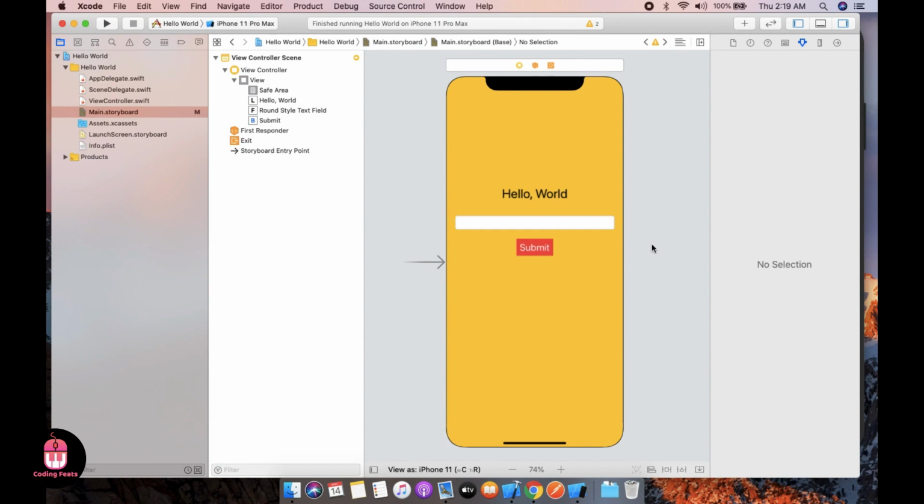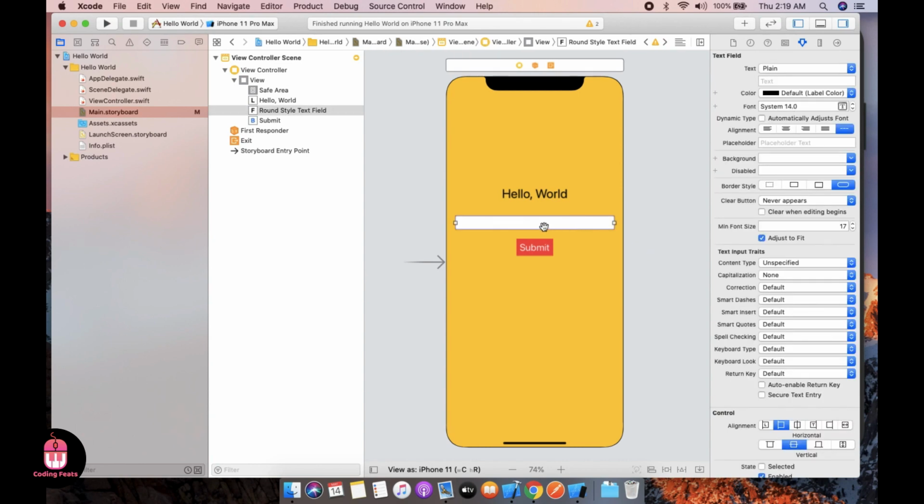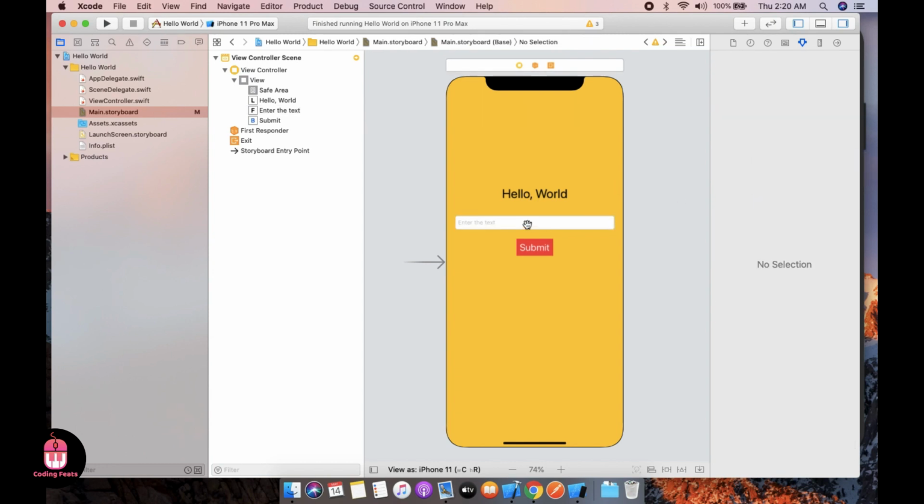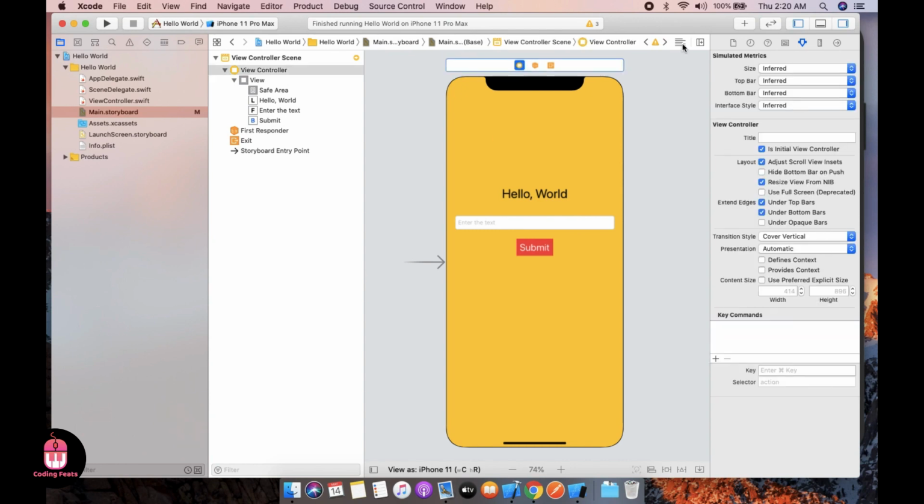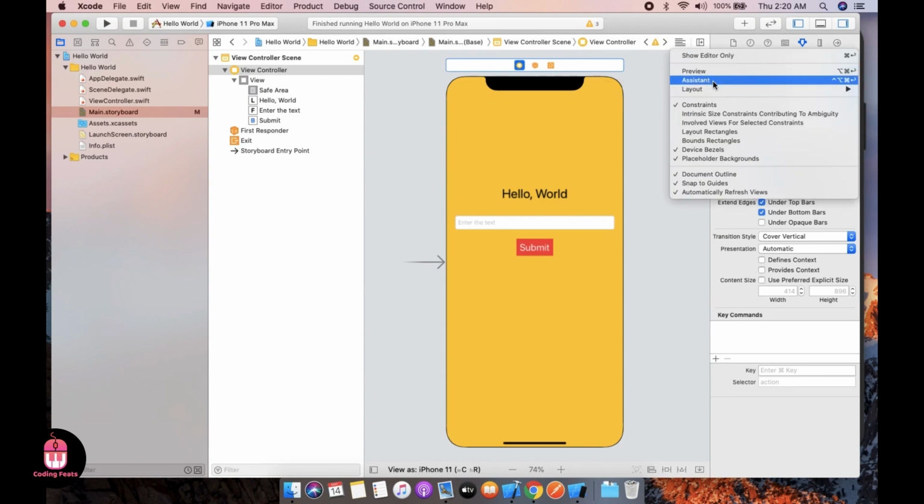In this scenario I will show you that whatever you have typed in this text field will automatically be added into the Hello label via the submit button. You can add a placeholder from here for this text field. So just click on this.